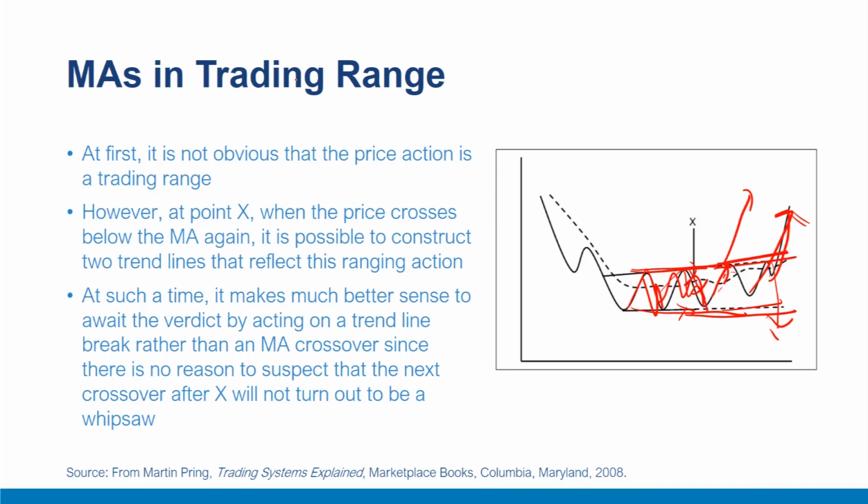To summarize, in this video we discussed that often trading in range action or sideways pattern can be confusing, and therefore it is more advisable to set up trend lines in the sideways pattern like we can see here on the up and down. One can set the trend lines, and only when the price crosses these trend lines on the upside or downside crossover, then that should be considered as a solid signal. In that case, an MA crossing over the prices up and down may be a whipsaw and can be filtered out because of these trend lines.